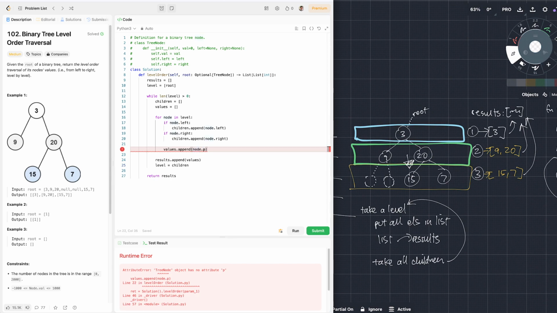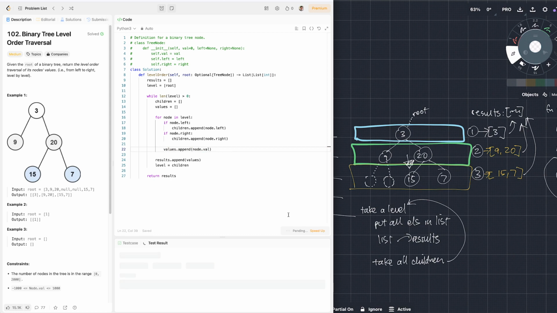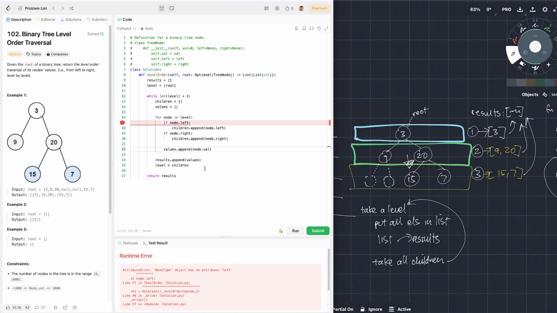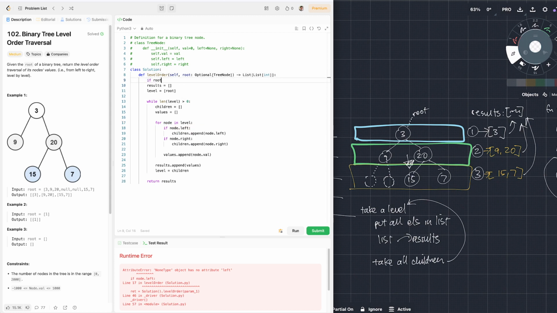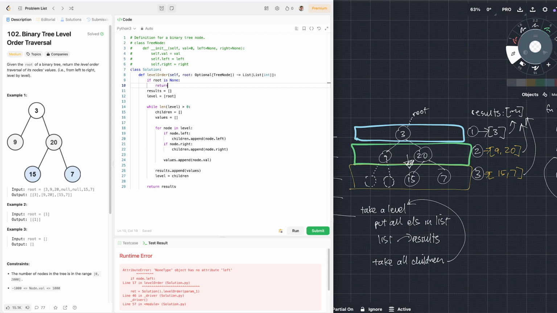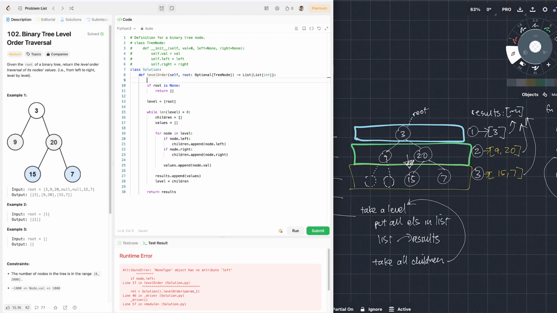Oops. So it's not node.p. P means nothing. It's node.value. So if this is none, when would this be none, right? Well, what if the root was none? Let's think about that edge case. So if the root is none, let's return an empty list. Or I guess you could say, if you start with a results array,